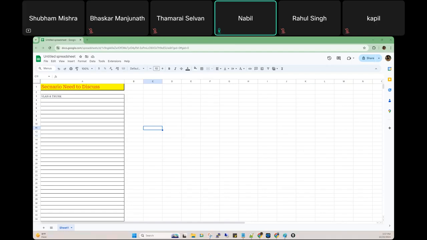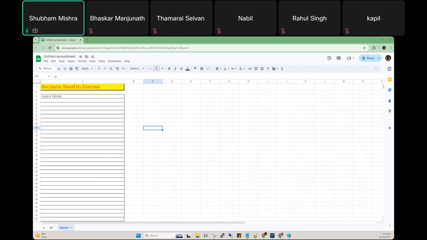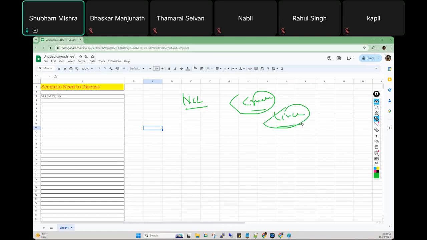For example, not every time you will get a ticket for the NCL. There will be a ticket for growth also. Growth means, any idea about growth? There are two types of ticket. First is NCL and second one is growth. Growth means, for example, LinkedIn is already present in your company. And right now, how many users are there? 200 users are there. Fine. Now, after 1 year, LinkedIn is telling, hey, I want 200 users more. I'm going to hire for India. So that is not a new client. That is growth.